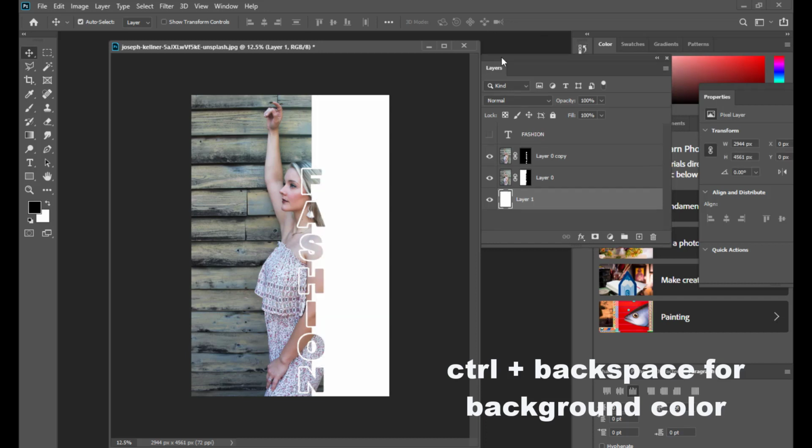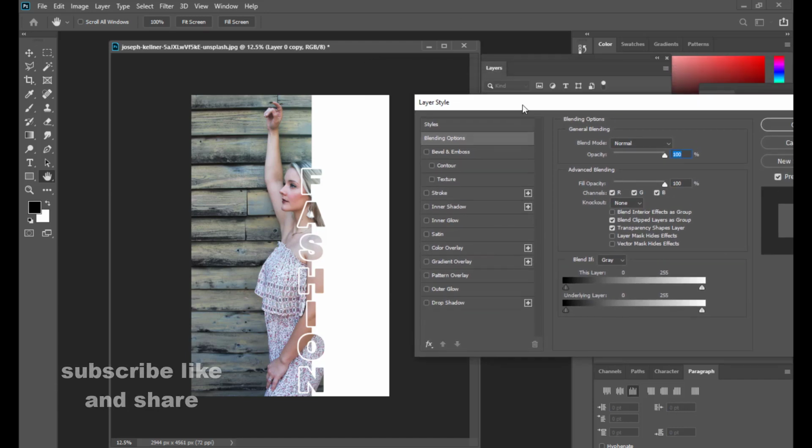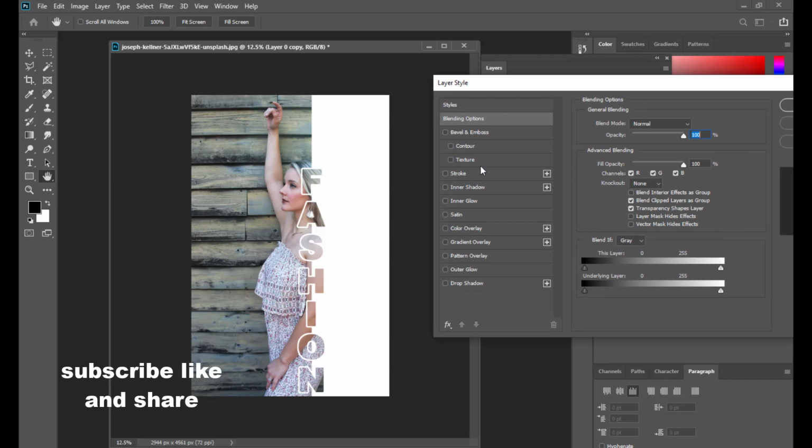And to give final touches or make it more interesting, we can give some layer styles to the duplicated layer on which we have just applied a mask. Just double click to open the layer styles, and here we are going to give some stroke.